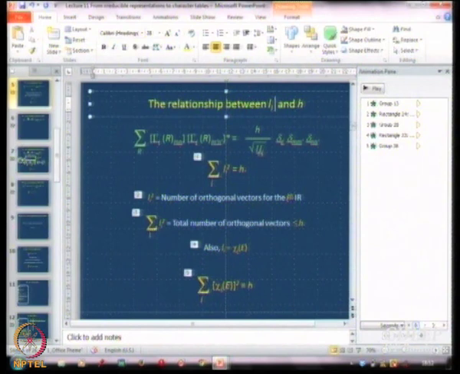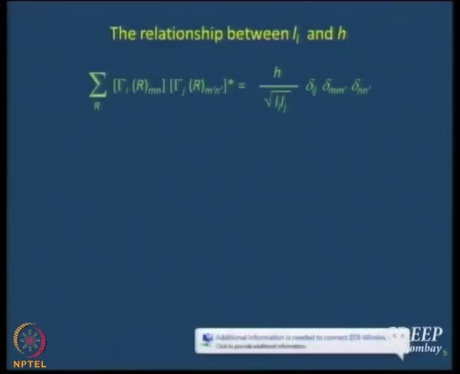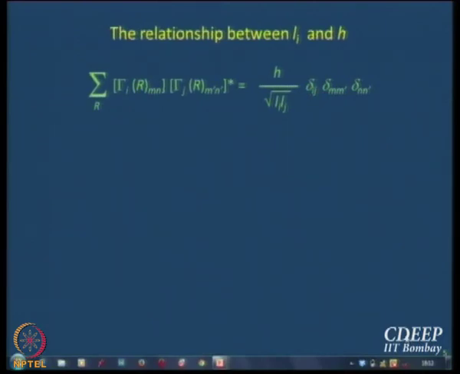Otherwise, you might think that S is something like l_i and h. So, the relationship between l_i and h. What is l_i? Dimensionality of the ith irreducible representation. I am making you say it out like school children, because if you miss one word here, then there is also like a Kronecker delta. One word missing, delta equals 0.